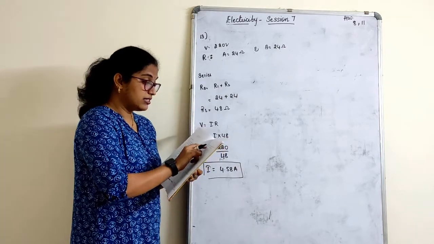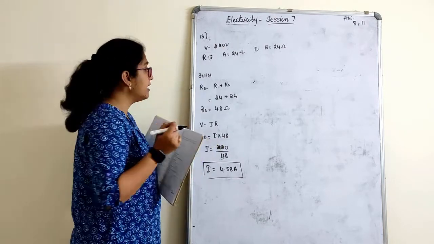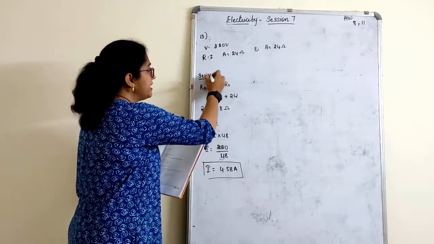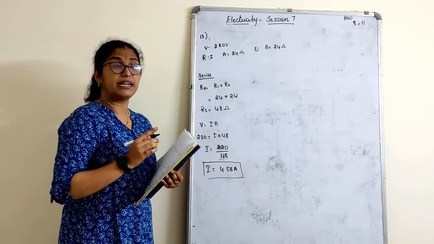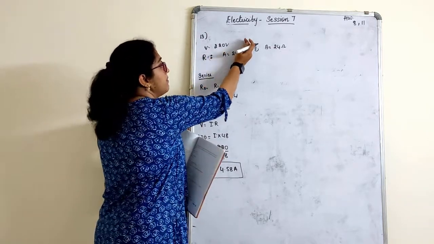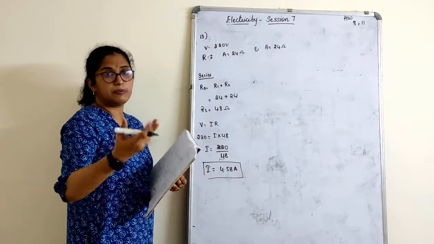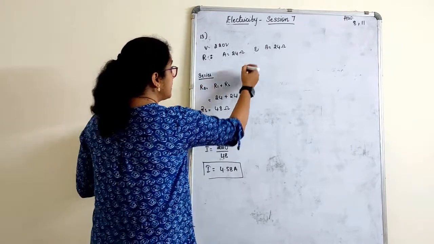Actually the question says they may be used separately, in series or in parallel. I did not read separately first. Okay, first we'll find series, then parallel, then separately. Separately means this is only one resistor, a simple single resistor, what is the current, irrespective of how they are being used? Let us first find series, parallel, and then separately.